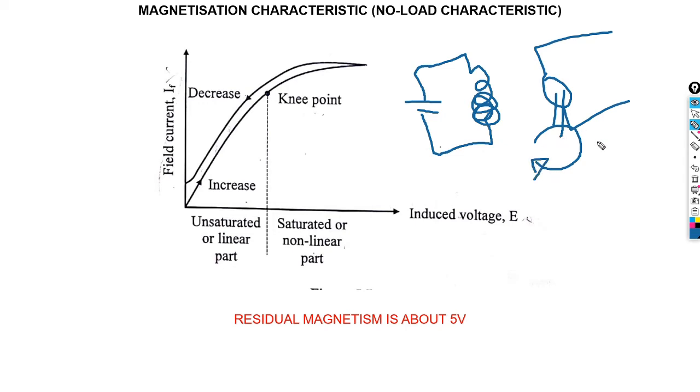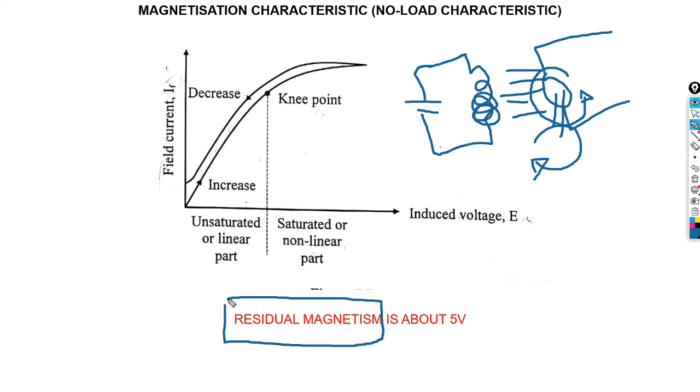When it's rotating and you supply a current in the coil, there will be a flux produced. When the flux is produced and the conductor is rotating, it's going to cut the flux. Once it cuts the flux, there will be an induced EMF that is going to create a residual magnetism. A residual magnetism is only possible when you do a separately excited. Therefore, when you excite it, there will be a current flowing, and the more it grows,